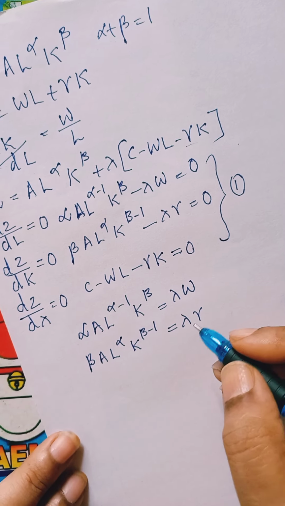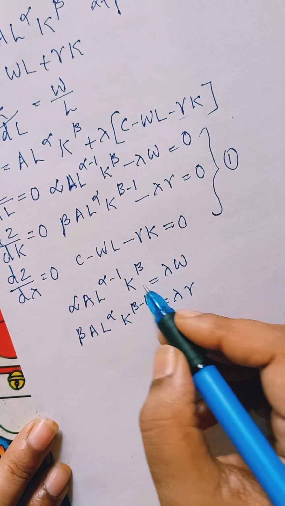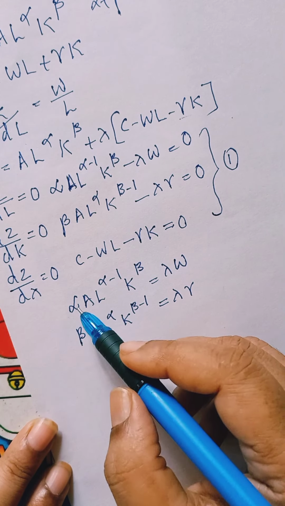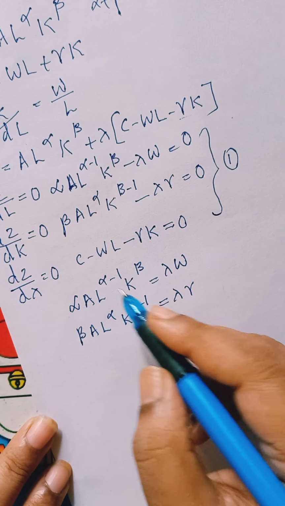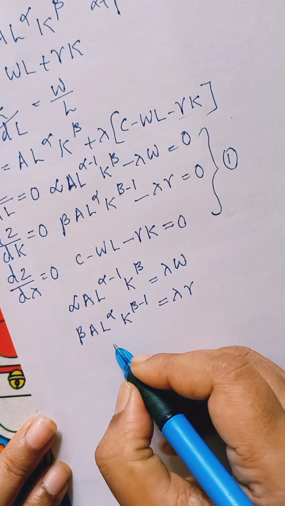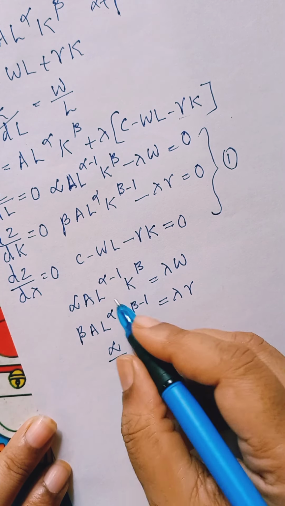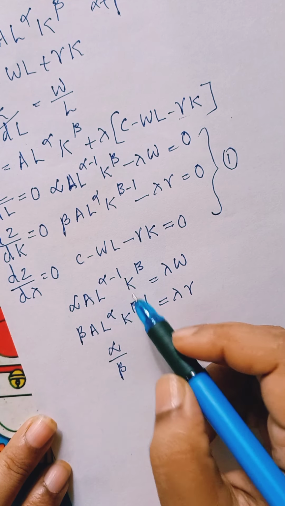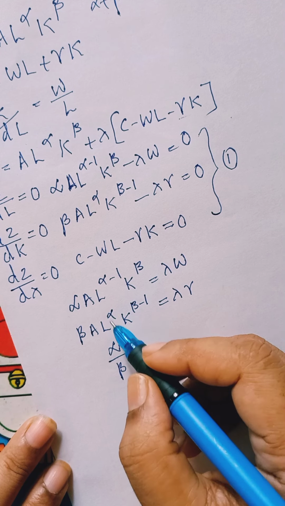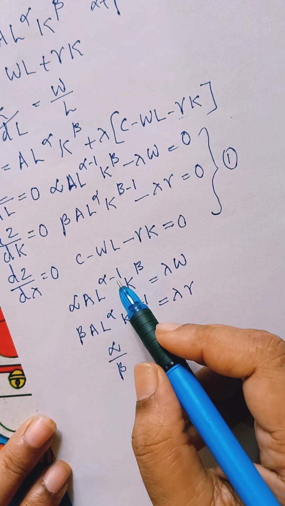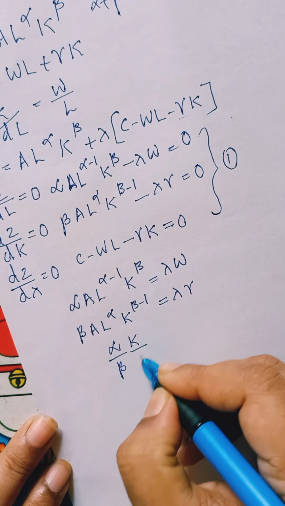Next we will divide equation 1 by 2, and we strike out all the common factors, and what is remaining here is alpha by beta. Next L raised to alpha minus 1 minus alpha, therefore alpha minus alpha will be cancelled. Then here what is remaining, L raised to minus 1, and here K, so it is K by L